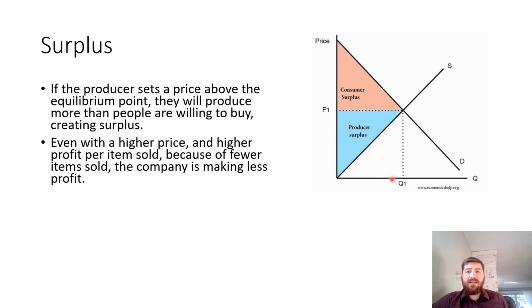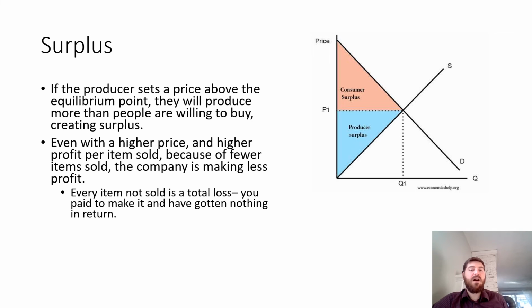So you are losing this much customers, even though you have that price here. You will be selling right around here, this many. So you have this many. That's an awful lot of items that are not being sold. You will make a lot less profit simply because you're not making as much money, but also because you are spending money on making items and not making anything back from it.